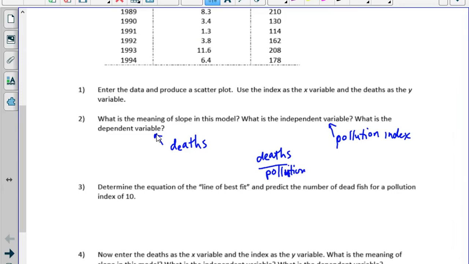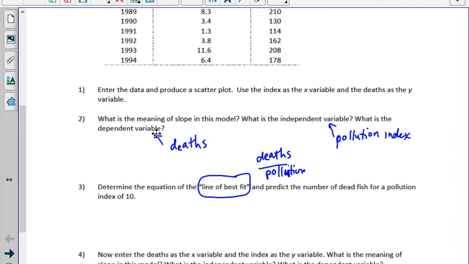So deaths per pollution index. Basically that means for every one increase in pollution index, I can expect this many more deaths, whenever I figure out what the slope is. Okay, so now I'm going to determine the equation of the line of best